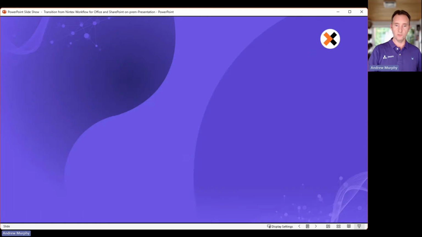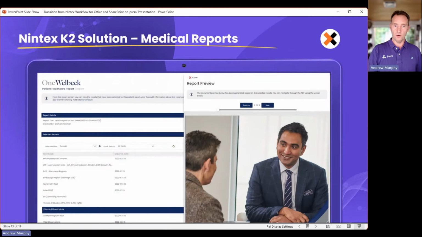So that's a pretty cool solution. Also, in Welbeck, which is one of our clients, K2 is used to help them produce modern health check reports. So if you were to go to a doctor and get all your bloods and stools, etc., all of that will come back. Those tests will come back. We stitch that all together from the different formats. We pass that through to